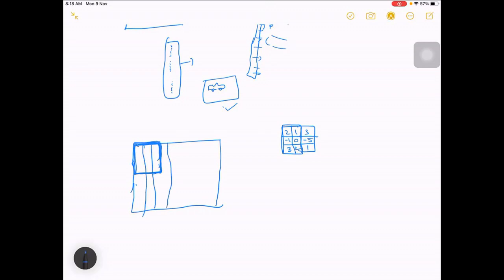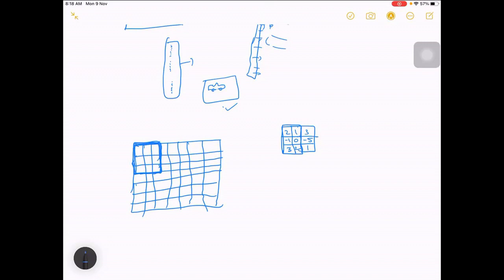I am giving an example in terms of an image because we can easily relate, but this is applicable to any kind of data where you need spatial information. Then you can use this convolution layer.